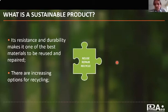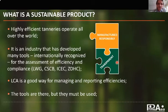Leather is probably the most suitable material for the footwear, upholstery, and fashion industries in terms of durability, and in terms of being something that you can repair. And not only that, there are more and more technologies available where you can also recycle leather, which is very important. When you talk about responsibly manufactured, about transparency, the leather industry is one of the industries